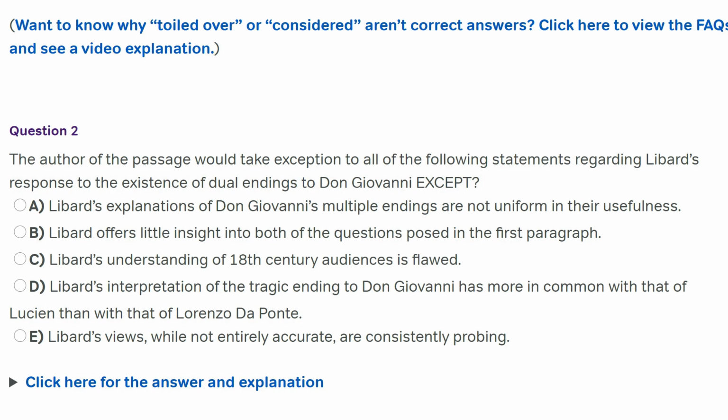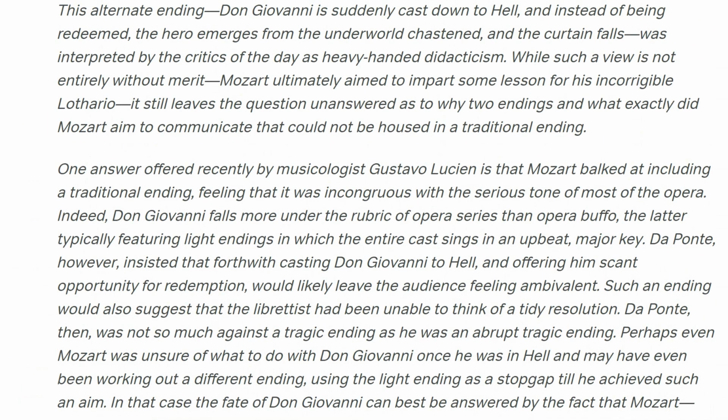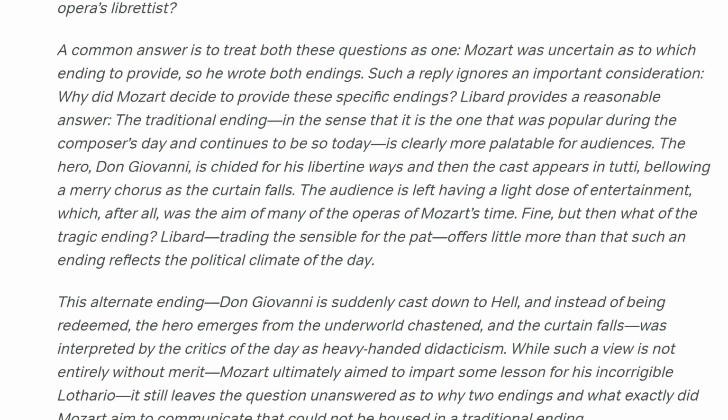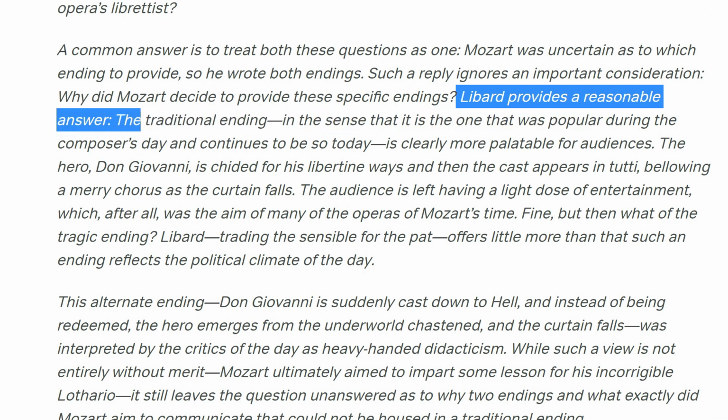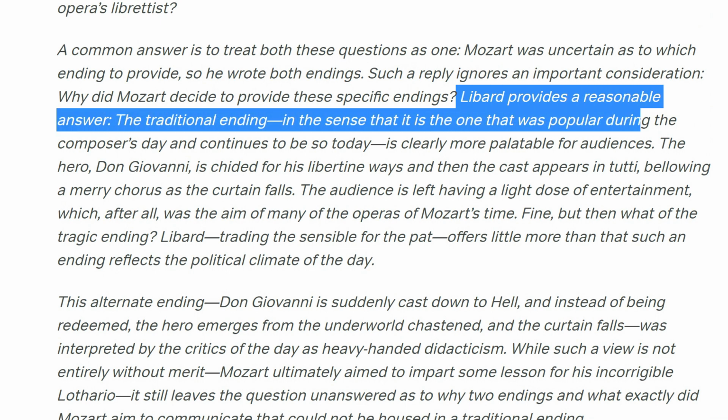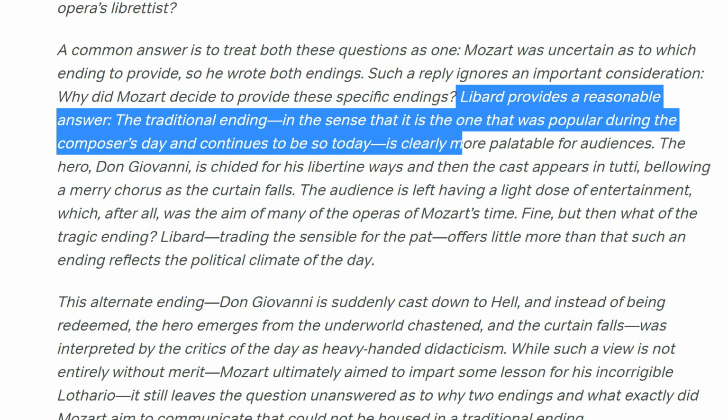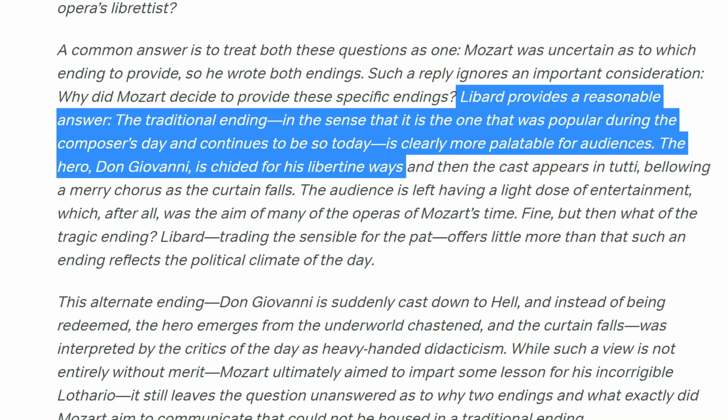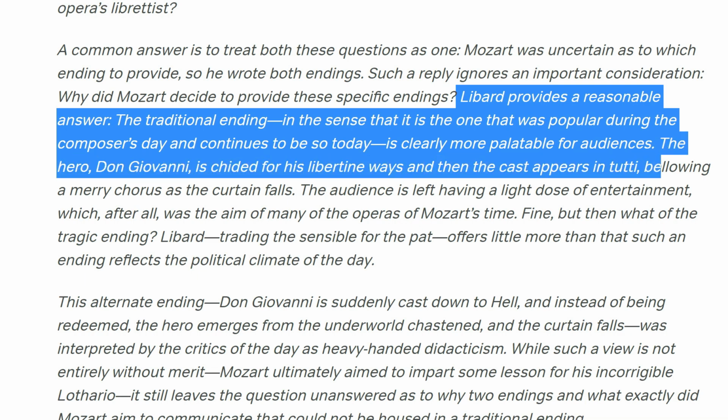What was Leibard's response? Leibard's response, if we go up, was, here we go. Always read a bit before and a bit after. Such a reply ignores an important consideration. Why did Mozart decide to provide these endings? Leibard provides a reasonable answer. The traditional ending, in the sense it was popular during the composer's day and continues to be so, is more palatable for audiences. So Leibard is coming along saying he had to do it because the audiences wanted that ending. The hero is chided, and then